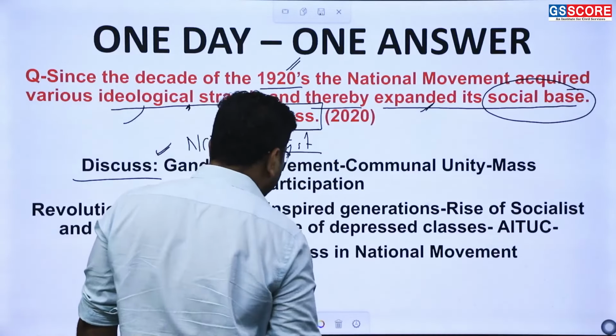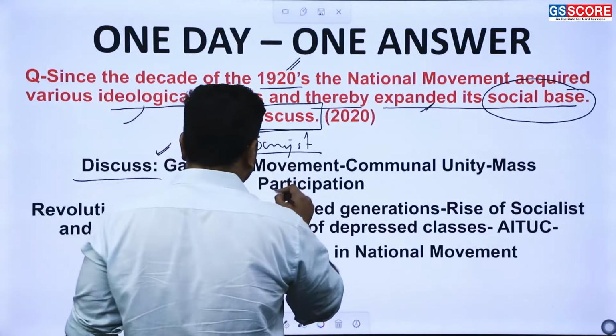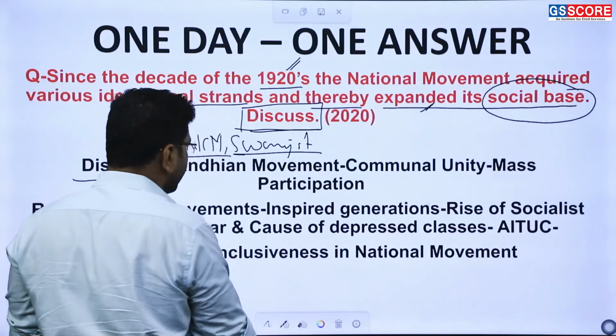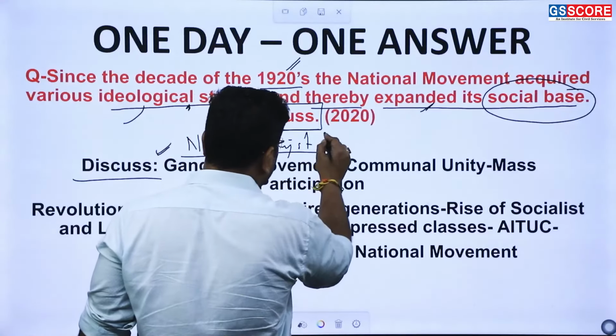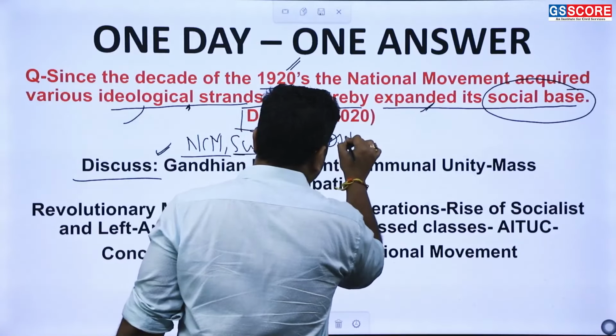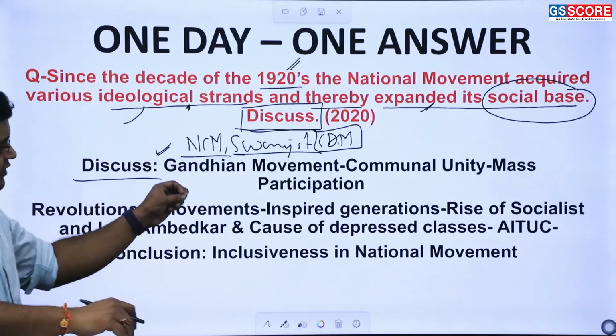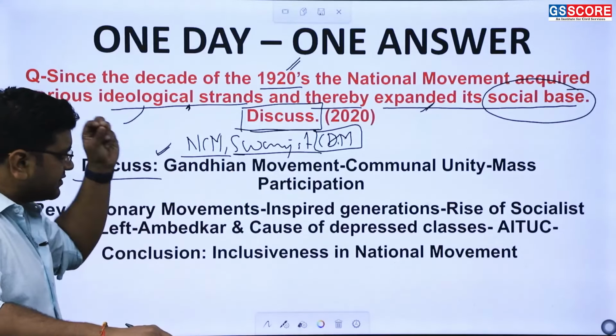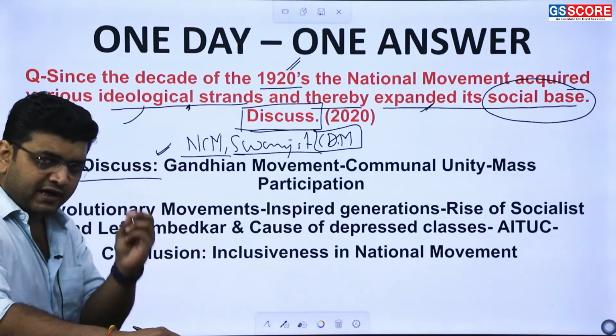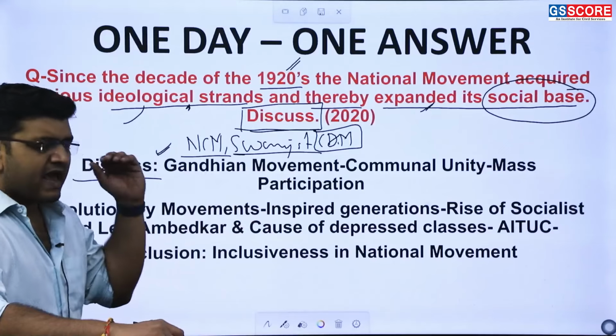responsivists, no-changers, pro-changers. Just give a hint of that, and the outcomes of that national movement in terms of the Gandhian movement, like NCM and CDM. In terms of the outcome and events, you have to explain how the non-cooperation movement with non-violence as its essence, and the civil disobedience movement with non-violence and satyagraha as its essence, has expanded the